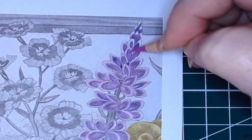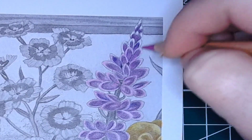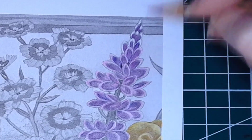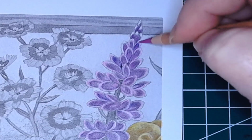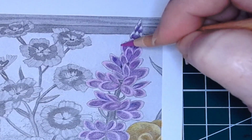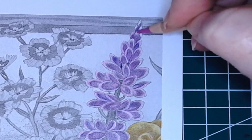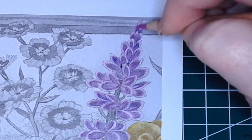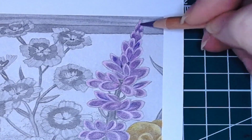Make sure you're still in frame. It's the one thing about going into close-up mode is I get concentrating on what I'm doing, and I don't see where the camera is because, you know, it looks to me like it's right over top of where I'm coloring. But because I have it on close-up, it's actually zoomed into a small area. So if I don't look at the screen and check on where you guys are in view, I end up going out of view. Alright, so we're going to take our purple again, and we're just going to